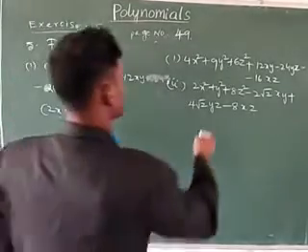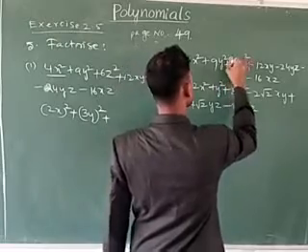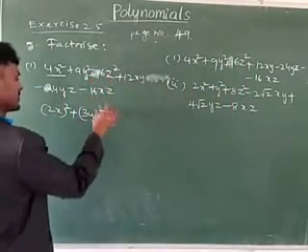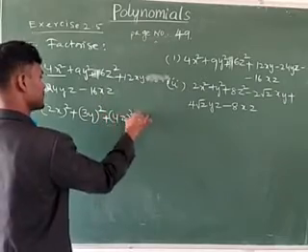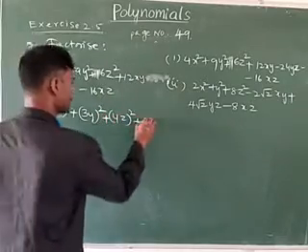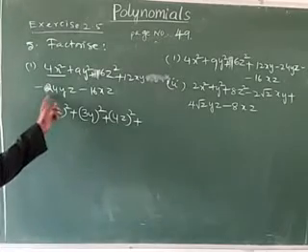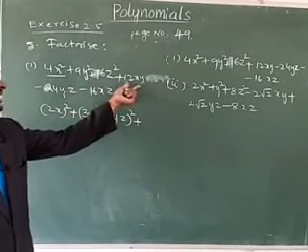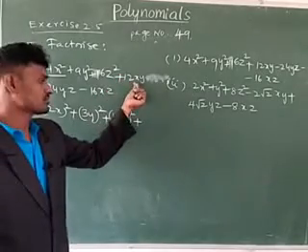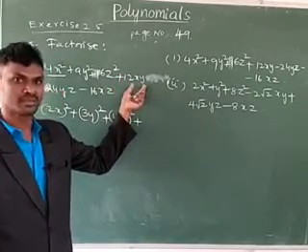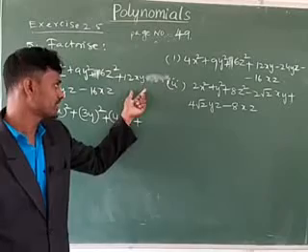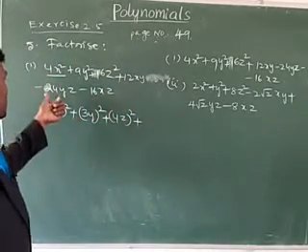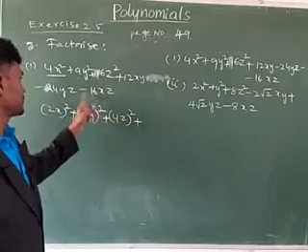By mistake I wrote this one as 6; it is not 6, it is 16. Here also 16. Then this is written as (4z) whole square, plus here 2ab. Check here, both are minus as given. This only one term is there, there is no minus. Then the x term is also not minus and the y term is also not minus. Or if the x term is minus and the y term is minus, then this is plus. Understand? See here, the z term is minus.